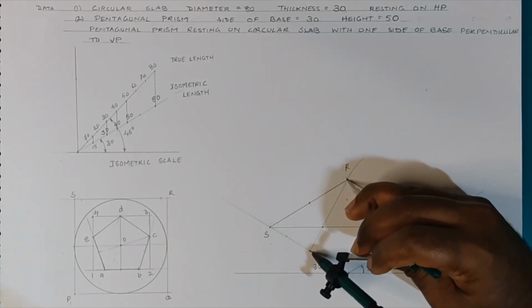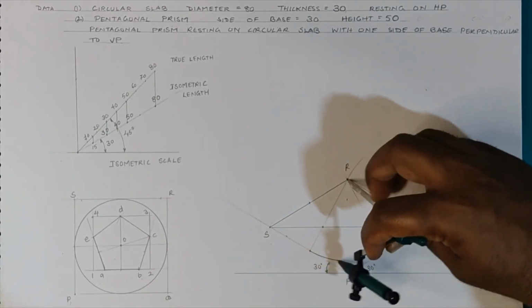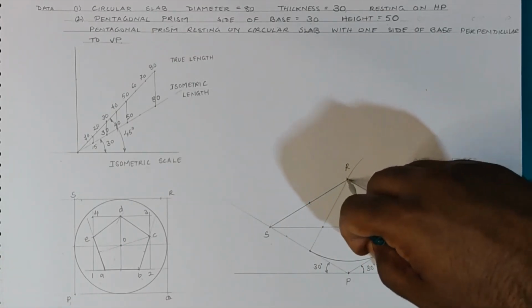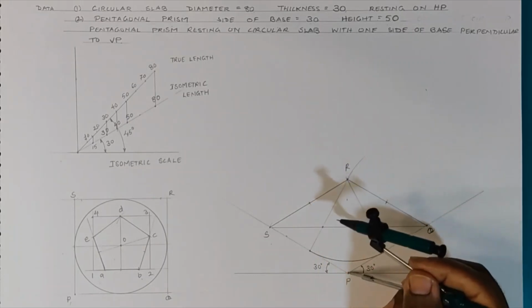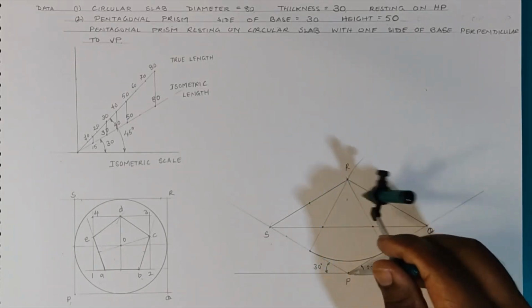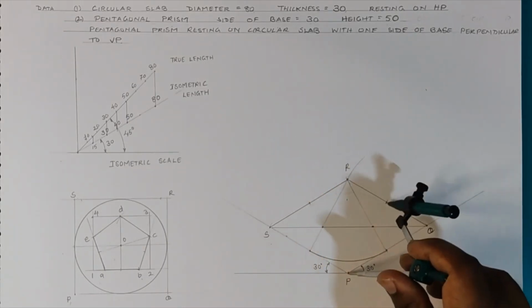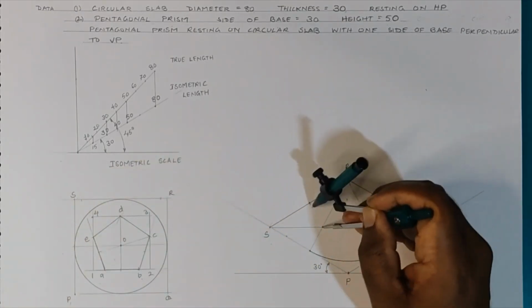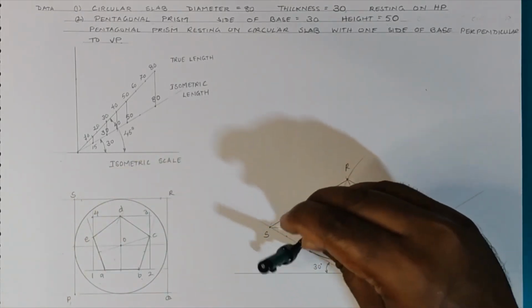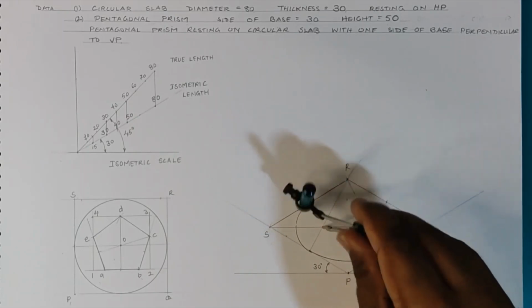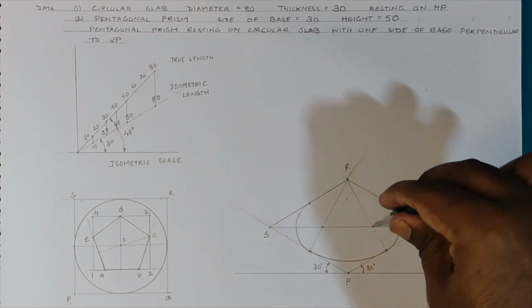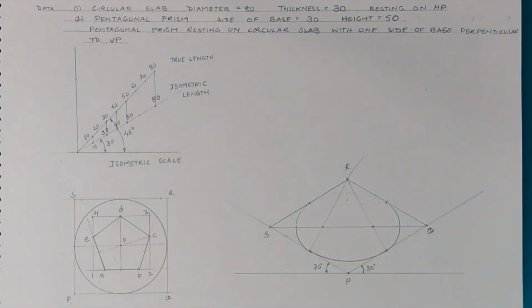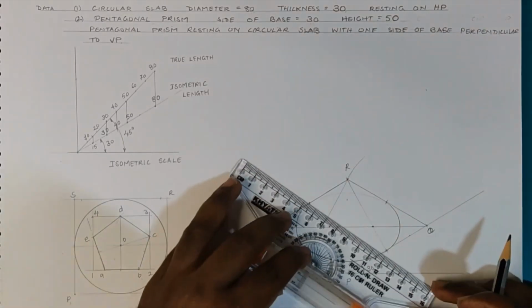So through the obtuse angle corner, I take distance up to the midpoint of the opposite side and draw an arc like this. Now utilizing the other obtuse angle point, I take distance up to the midpoint of the other opposite side and I will be drawing a faint arc. Now through the intersecting points, I take distance up to the midpoint of the side and draw arcs like this to complete the lower circular part.